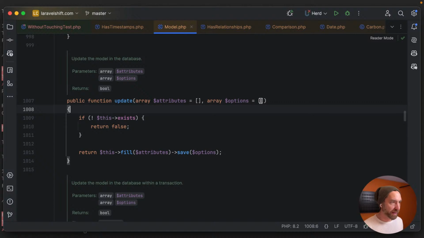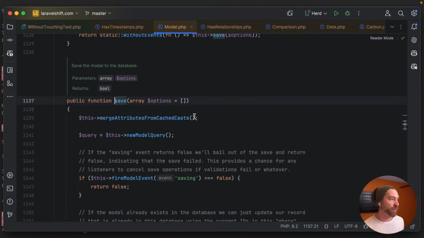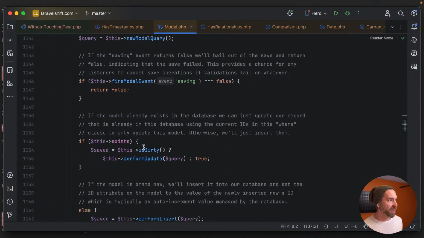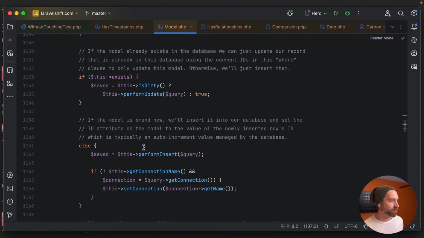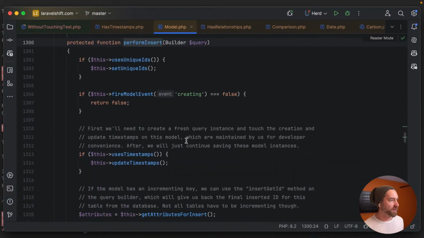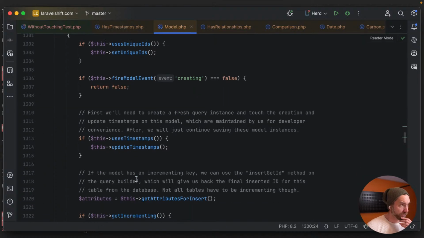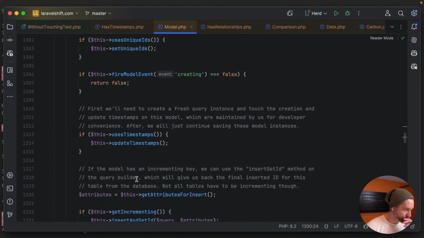All we really need to do, I think, is, we call save, we call options. We could pass options down and do a bunch of stuff, right? I think that would be the right way to do it, is you probably pass options down into save. But what does this do? Uses timestamps, update timestamps. Perform insert. So the simplest way to make this pass,